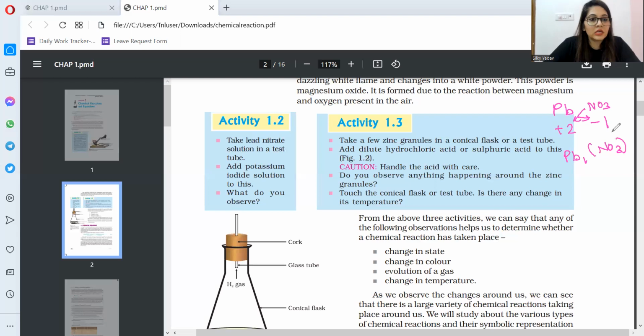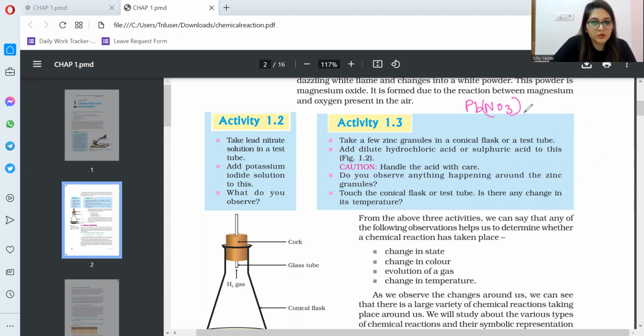Because NO3 is a polyatomic ion, that's why I am using the bracket around it and then I'm putting a 2. So if it is 1, you don't need to mention it as 1 specially. So you can properly write it like this. So this is the formula of lead nitrate. So what they are telling us to do is that take lead nitrate solution in a test tube, and after addition of this, add a few